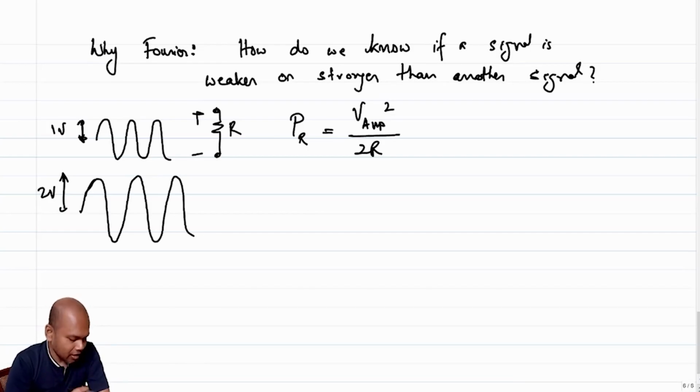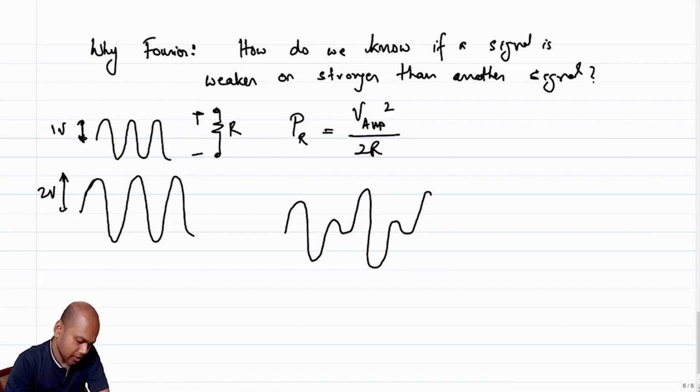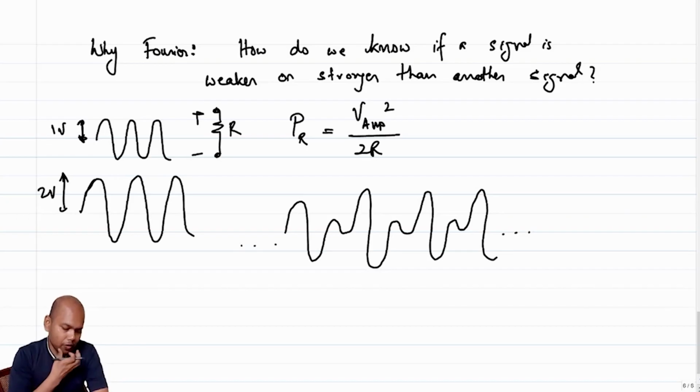Now this is quite trivial, but then if I tell you that your signal is not a pure sinusoid, right? Maybe your signal is periodic, but maybe a summation of sinusoids, right? I add these two sinusoids up, maybe when they add up, they become, I don't know, maybe sometimes like this, sometimes this, and so on, right? And it keeps on repeating. Then how do I know what is the power content of this signal, right? I don't know. I cannot really make a comment on what is the power content, because this is not a